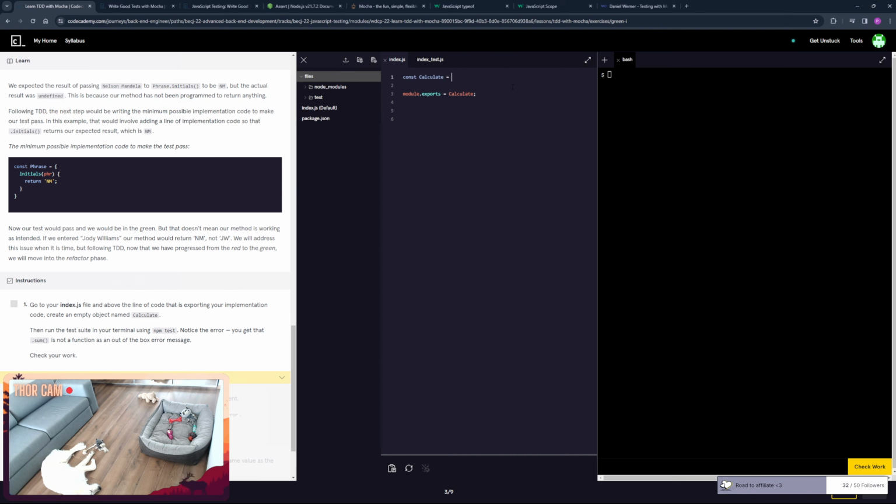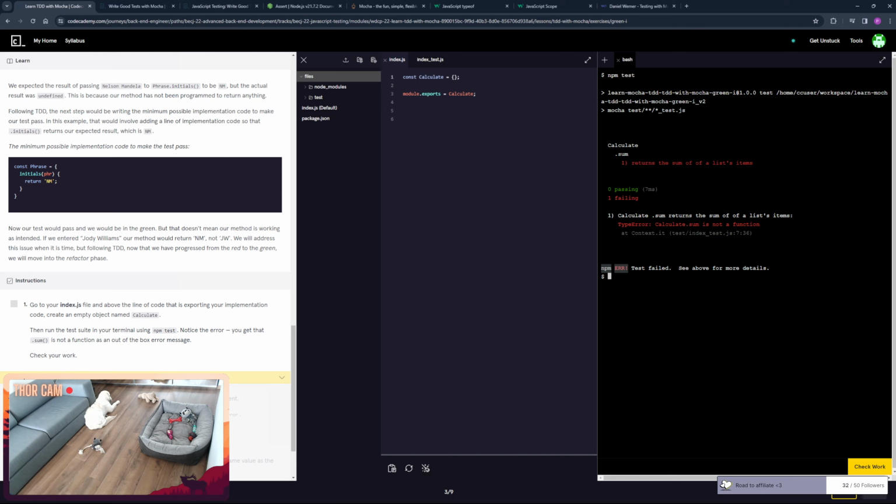All right. So then run the test suite. Failed because .sum is not a function. So now we need calculate.sum to be equal to